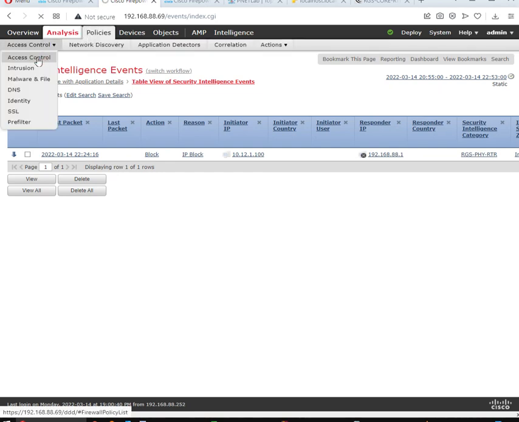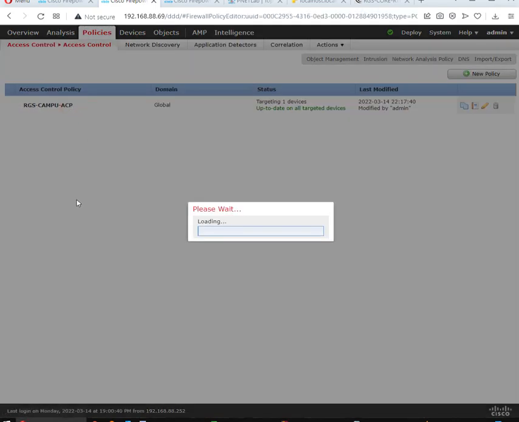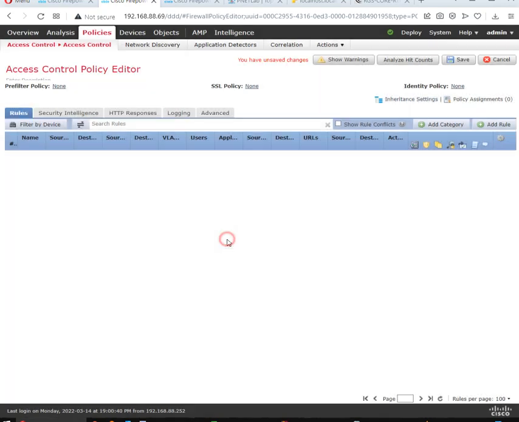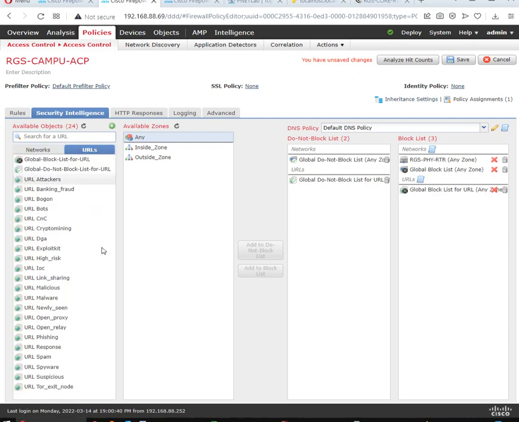Again, moving on to the access control policy, then we have security intelligence. Inside the policy, resume editing. Okay, security intelligence. Here you can also add the URLs. Now we added the networks. In the next video we will cover the URLs, and we will see how we can implement URL testing in the lab environment,